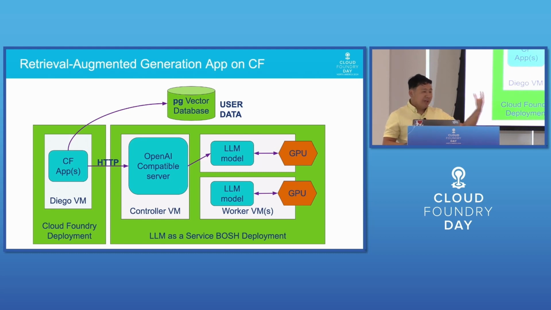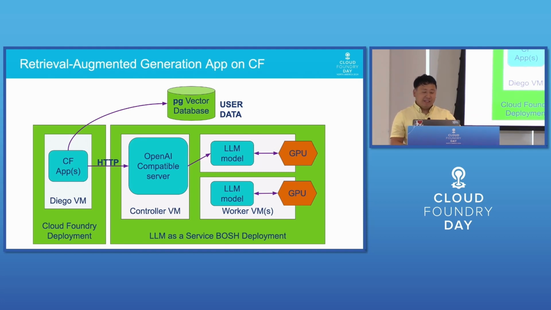This is kind of the new type of applications you might see when you talk about AI. And this is what a system that's running GPUs on BOSH might look like. On the left, we have Cloud Foundry running a Diego app that might be connected to a database. The database stores what they call embeddings, information about your own data. Each application will have its own unique Postgres database with its own data set, and then it would talk